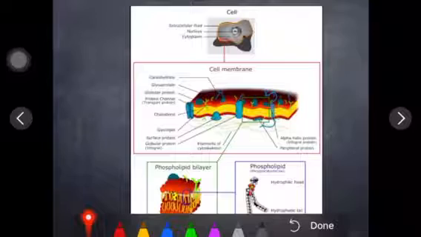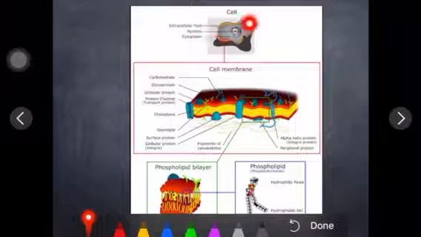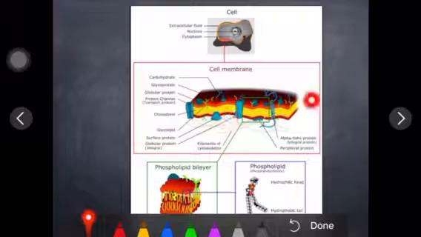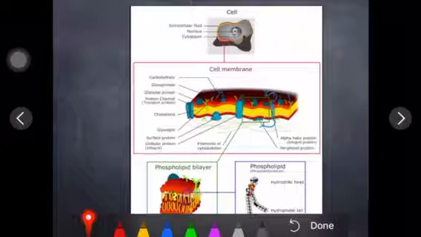So look at the cell, the outer layer, which is containing extracellular fluid and embedded nucleus and cytoplasm, right? That is called the cell membrane. This yellow colored membrane, which is embedding the cell nucleus and organelles, comes under the cell membrane. Now if we emphasize more, here you can see a square shaped structure, and we are emphasizing a magnified structure of the cell membrane.